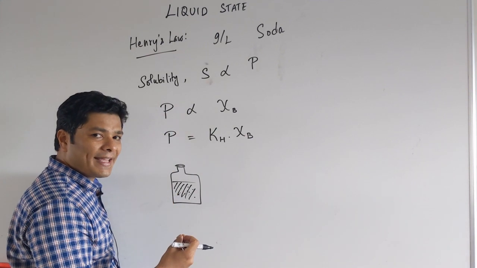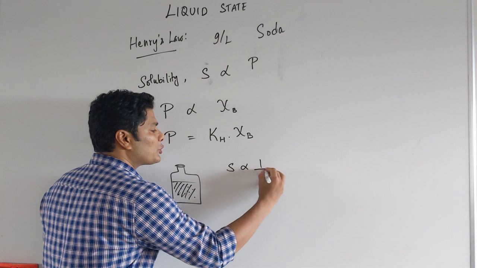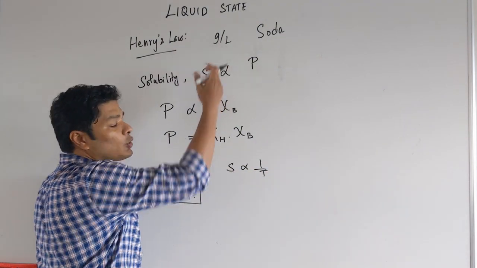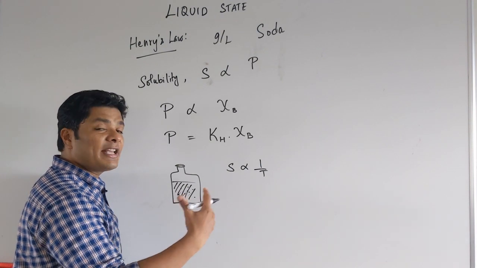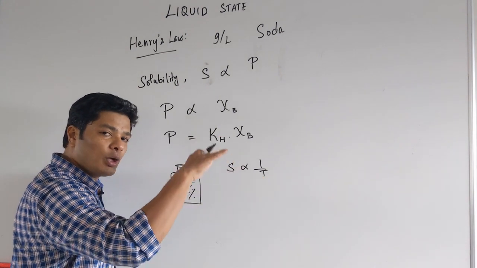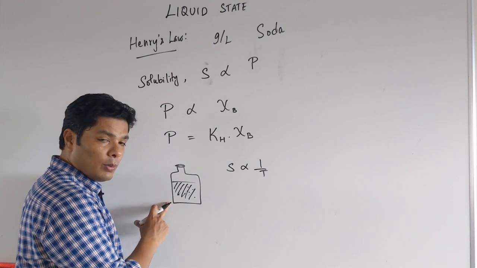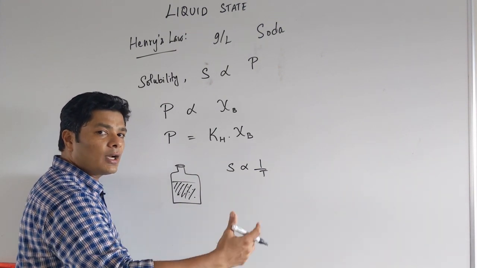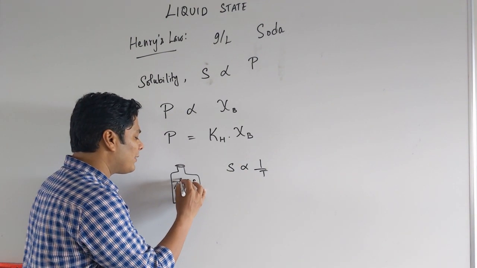For most gases, solubility is inversely proportional to temperature, because when the solute and solvent mix, they interact, and it is an exothermic process. If it is an exothermic reaction, obviously it is inversely proportional to temperature. Temperature increases, solubility decreases. Fair enough. So, we start the morning with this soda bottle. As we keep increasing the temperature, the day goes on and it becomes a hot summer day, the solubility will go down because the gas molecules will go up here.